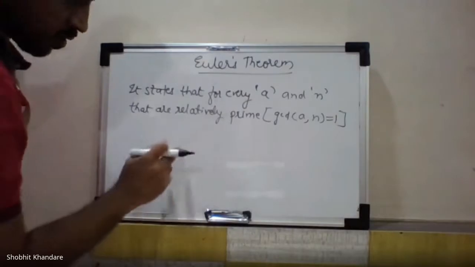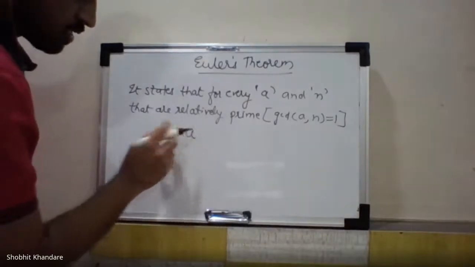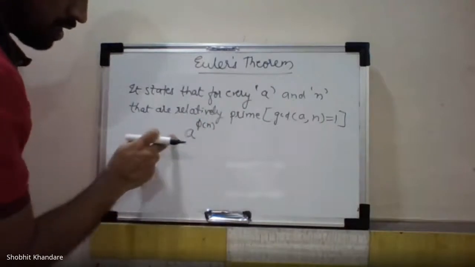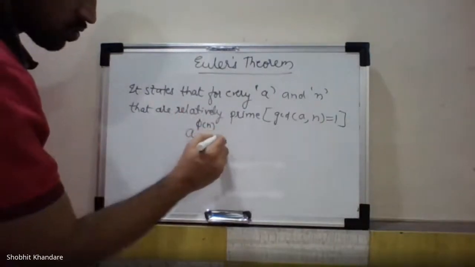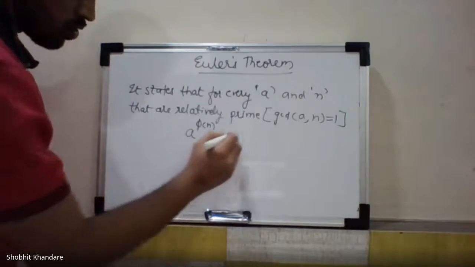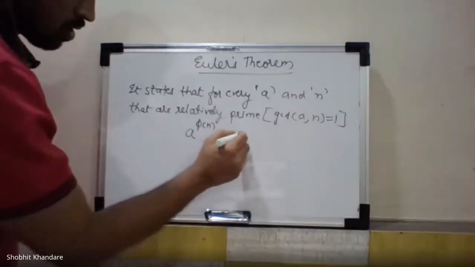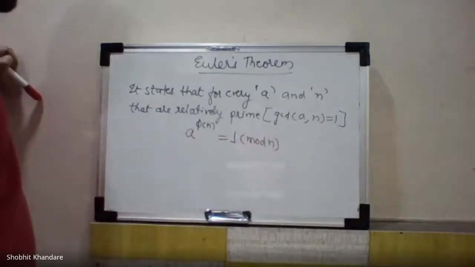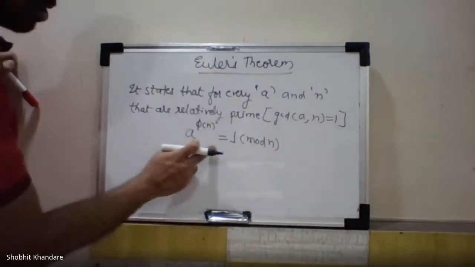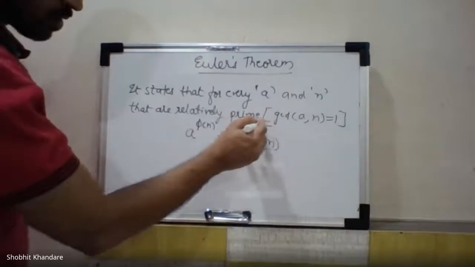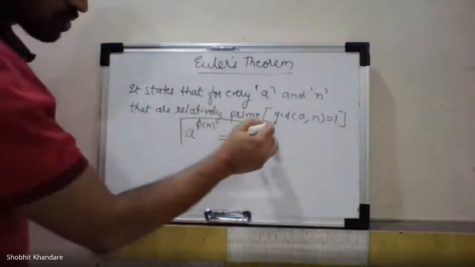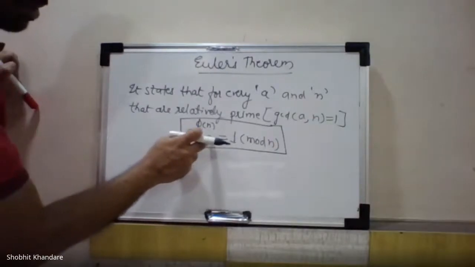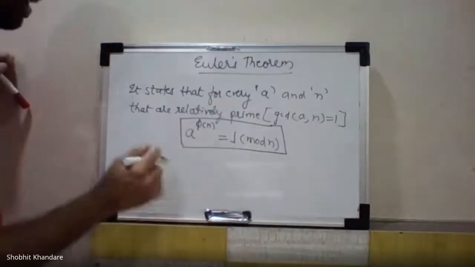So it states that for every a comma n that are relatively prime, the equation for Euler's theorem is a to the power of phi of n is equal to 1 mod n. Put this into a box. This is Euler's theorem: a to the power of phi of n is equal to 1 mod n, where